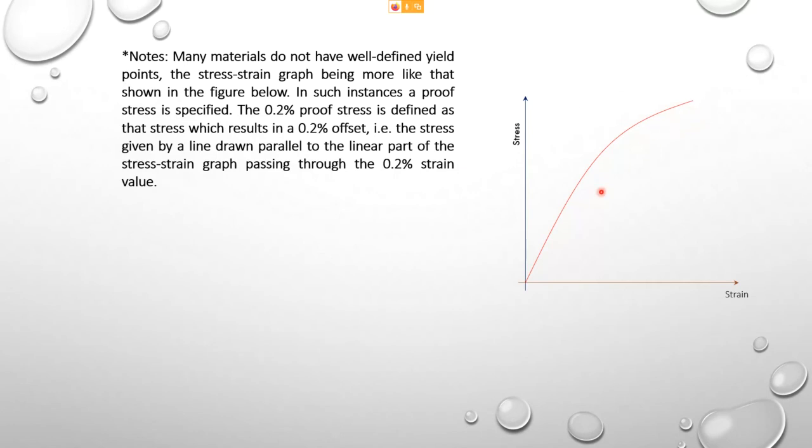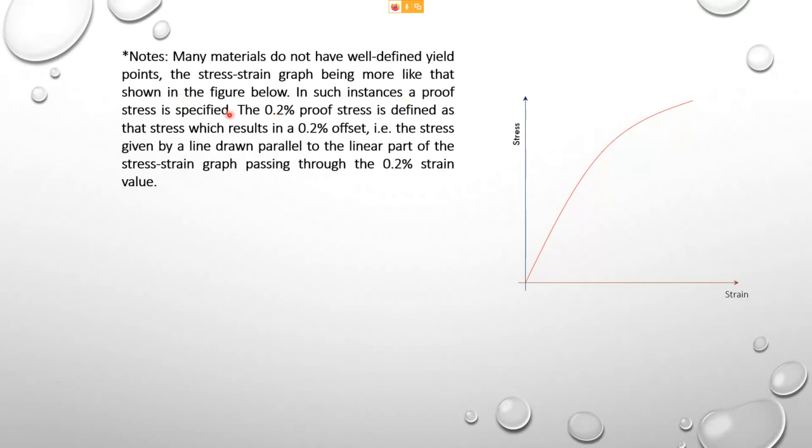This is not mild steel anymore because it doesn't show you the proper upper yield and the lower yield. It doesn't well define the curve for upper yield and lower yield. So for this example, which doesn't have a well-defined yield point, you need to use the